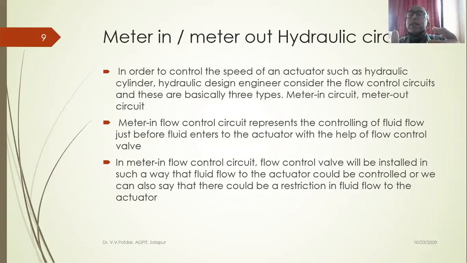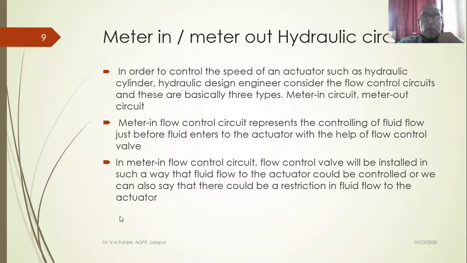So for that, I need to control the flow. By controlling the inlet flow, will it be possible? It is possible to some extent, but because of inertia, as I said, it might be moving further. So there, meter out will be more effective if I want to control the inertia forces. If I control the flow out of the actuator, this inertia effect will be reduced because there will be some back pressure from the other side of the piston. Because of the inertia, the piston keeps on moving, the load keeps on moving. But I have got the flow control at the discharge valve, so that will block and reduce my motion. So I have got better control in the meter out circuit to reduce the inertia forces.